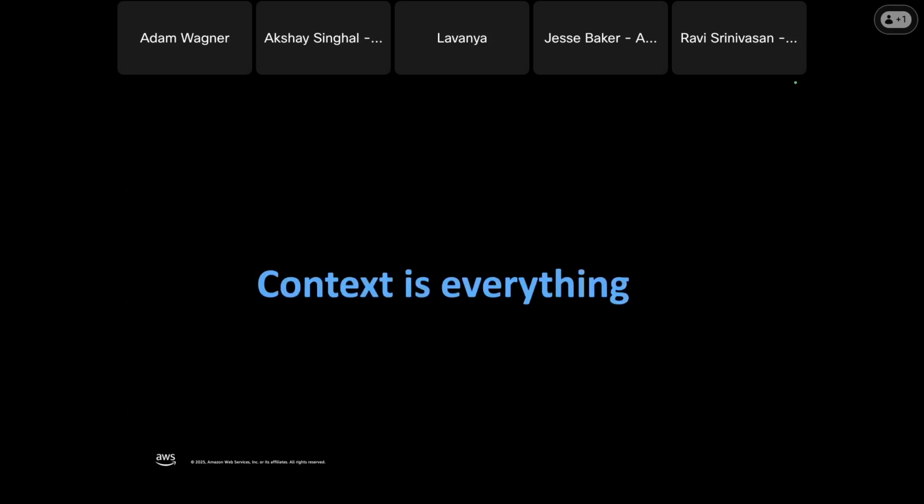Well, this comes back to one of the key points that I talked about, which is that the context is everything. And when we talk about context, we're talking about everything that is sent to the LLM model. And so let's break that down and show you what that looks like. You'll also often hear the term context window referred to for a given LLM. That context window is the maximum size of context measured in tokens that you can send into a given model, and it changes depending on the model.